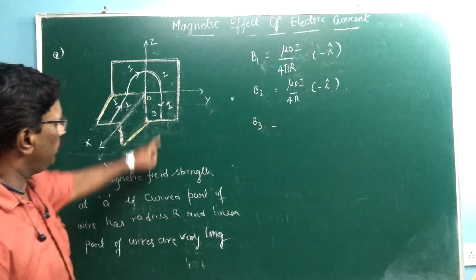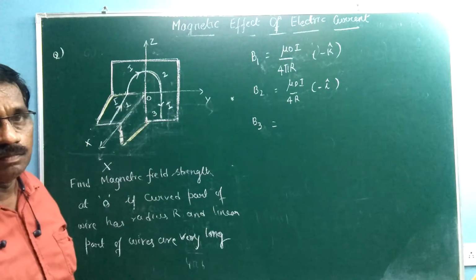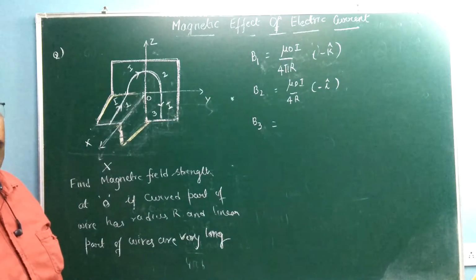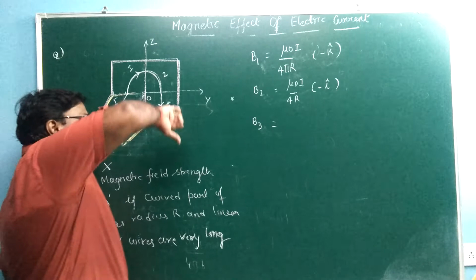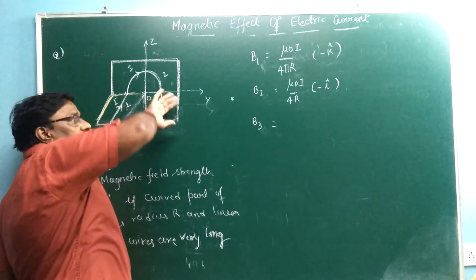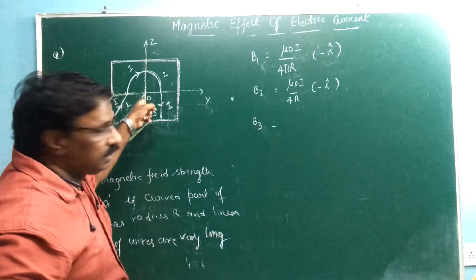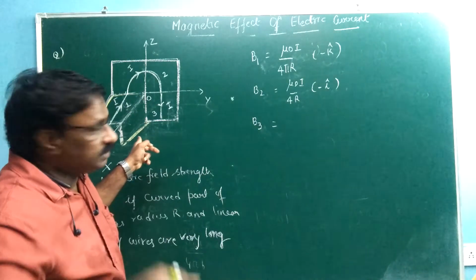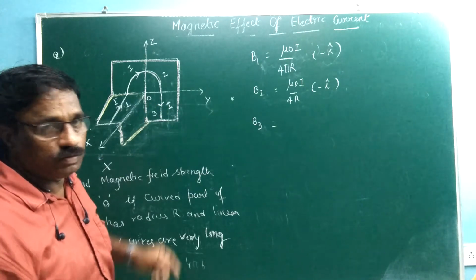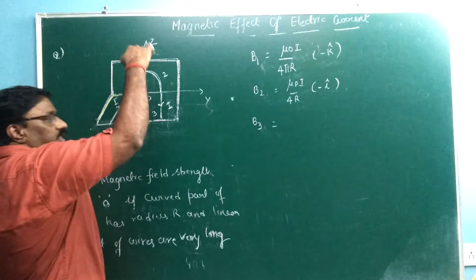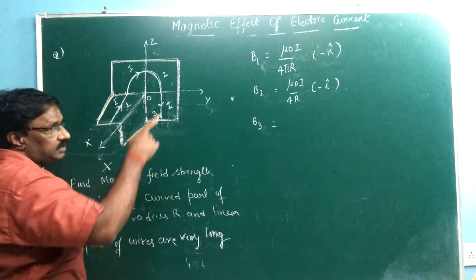B3 is again a straight wire, but this time it is in the yz plane. So the field must be along the x-axis, maybe positive or negative, that depends. You see, like this, this side it is out, but this side it is into. Into means like this; towards you is the positive x-axis. So like this it is the negative x-axis. Understood? Above is positive z, below is negative z. So this is for below, minus k.